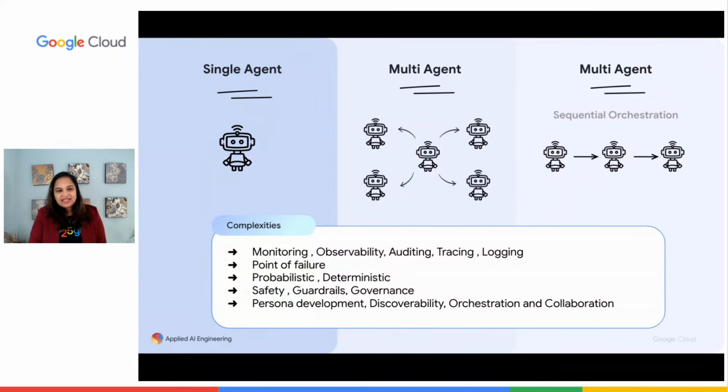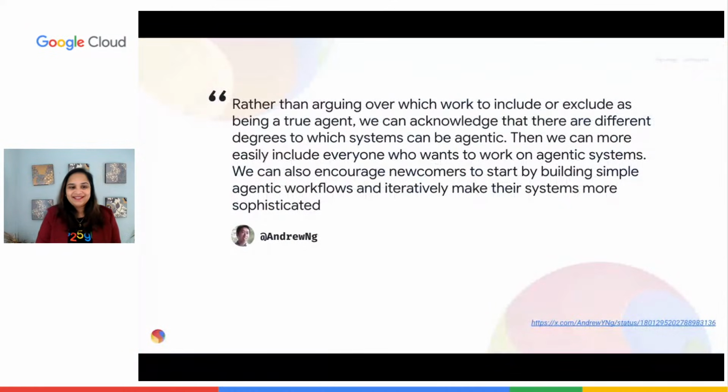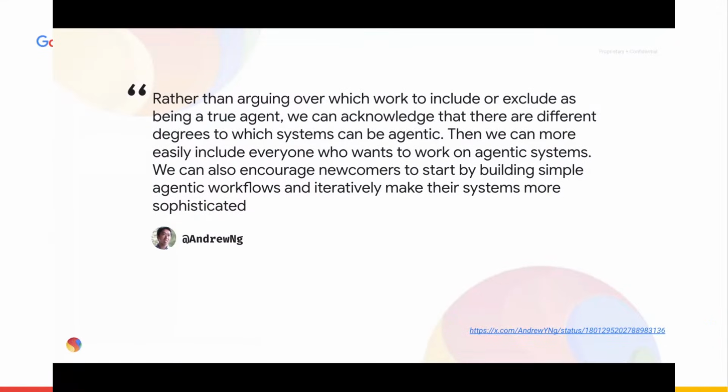But let's take a moment here. I defined an agent, and I tried to say, hey, these are the tools, these are the functions, these are the data. And you might be thinking, hey, you missed out on a couple of things. You didn't mention this collaboration. You didn't mention some other topic. Pretty valid. And that's one of the main reasons I refer to Andrew Ng's post, which says we don't have to agree on what an agent is, because even in the team, we have several different arguments on what an agent is.